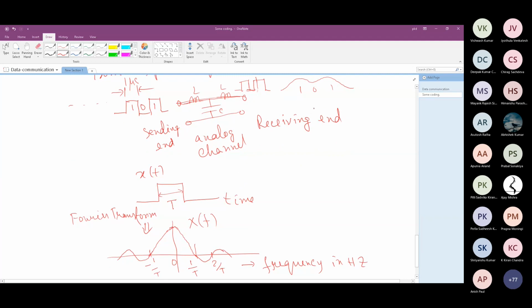However, if instead of this it had been like this, then we can always recover this 1 and 0 by putting a threshold here. So below this is 0, above this is 1, something like that. So that means this media, whatever bandwidth it